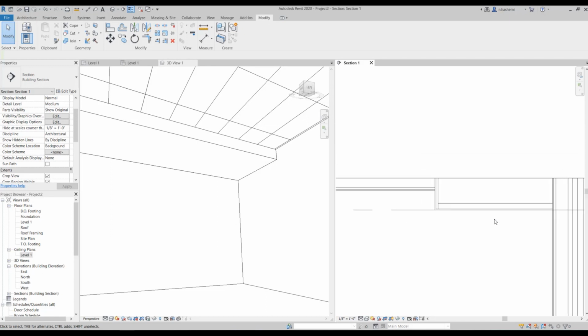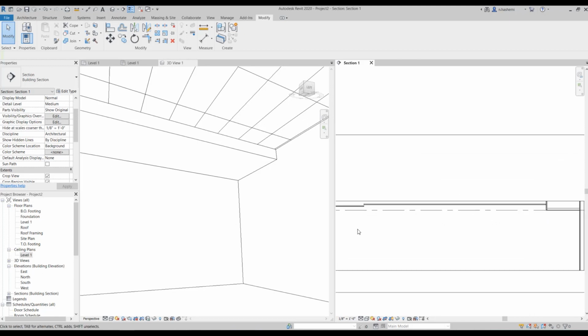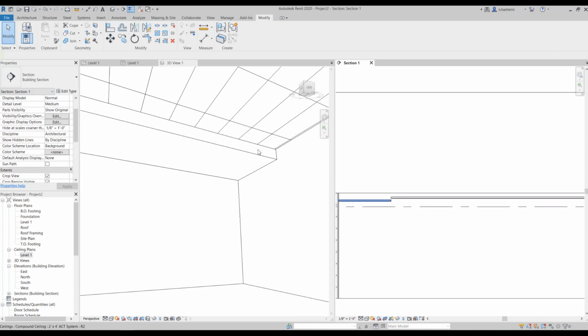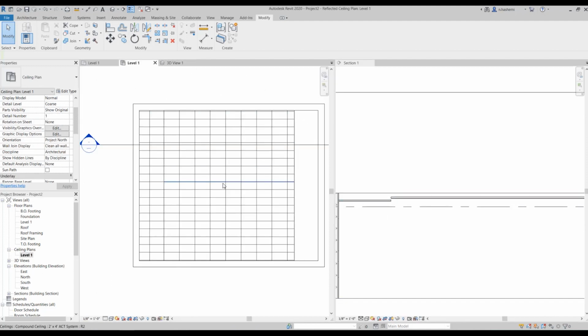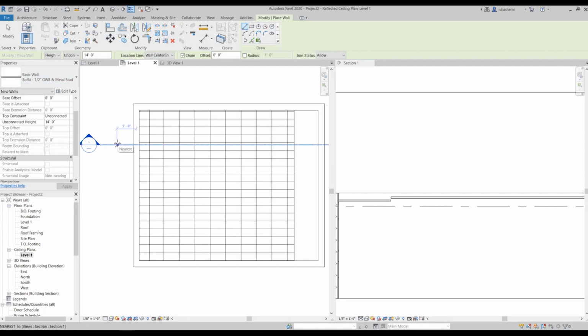Okay, next, I'm gonna add a bulkhead wall over here, okay? So let's switch to level 1 over here. So I'm gonna add the wall over here. And I'm gonna use an interior partition. Then I'm going to duplicate and modify it for our purpose.